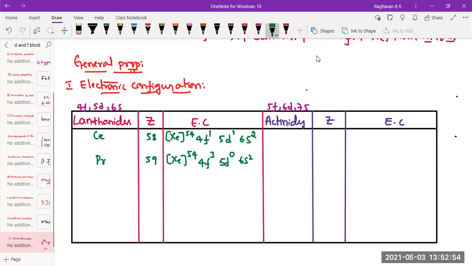See, praseodymium has a normal electronic configuration, because being an F block element, it has to have electrons after filling 6s. It should be having electrons in 4f. So cerium is the one which has an electron in 5d. That you have to remember. Rest everything, if the atomic number is given, you can fill it in F orbitals. Okay. Likewise, we'll go with thorium.